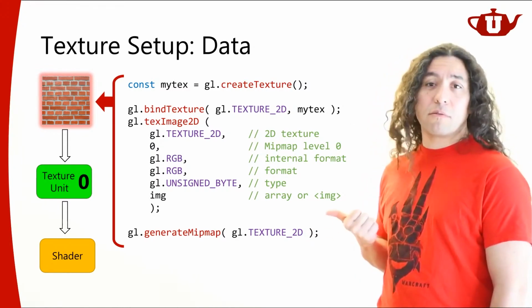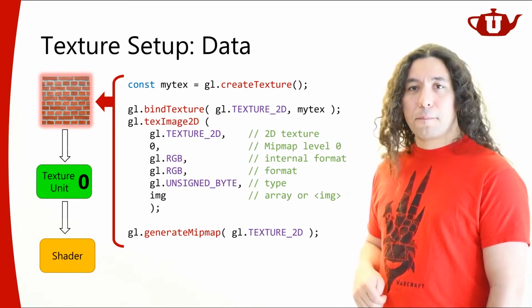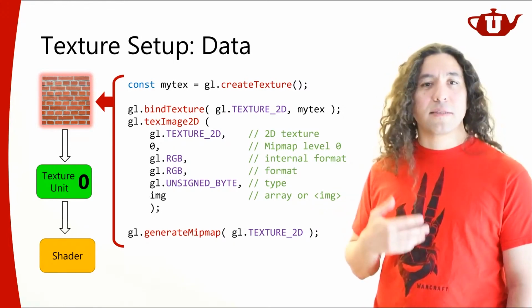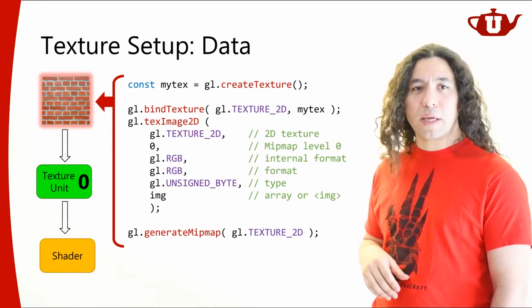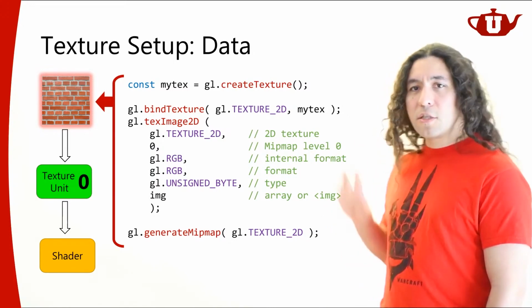But you can also directly specify the pixel values as an array. That's an option too. But once you get into that, you kind of need to specify the width and the height of the texture as well. It becomes a little more tricky. So this just makes things a bit easier. All right.